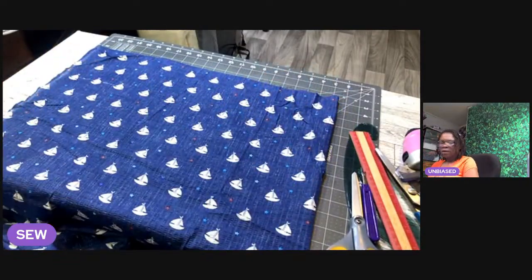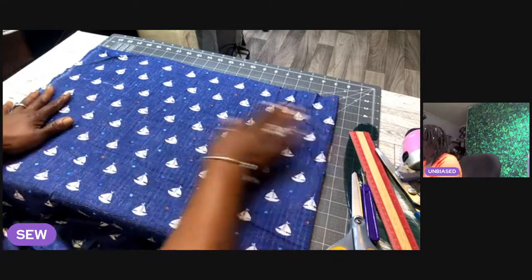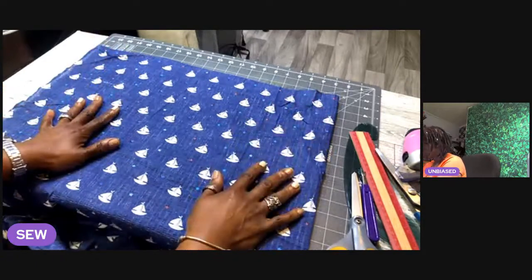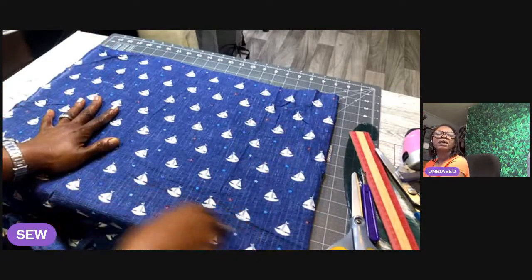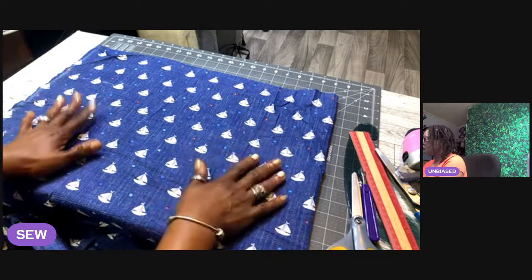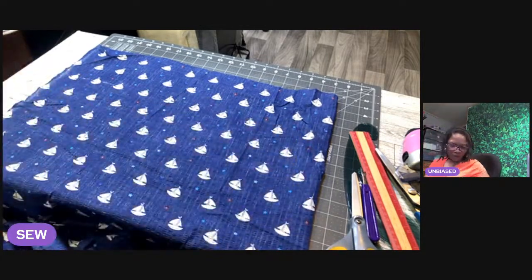So after I put the shorts on top of this fabric, I am going to cut off the bottom because I just want to give myself some control with all of this fabric that I have left. So let's get